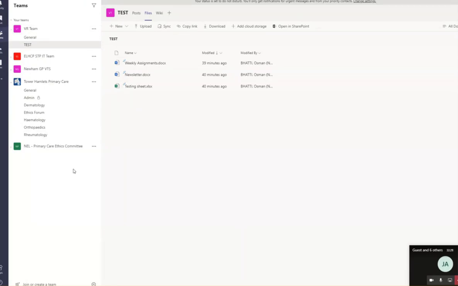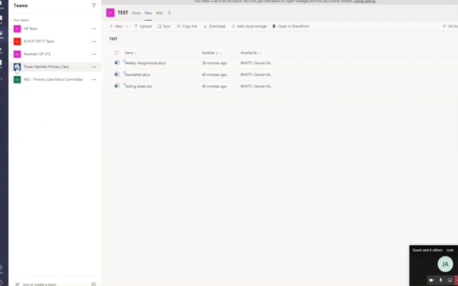So to create a team, this has become a little bit controversial because you can't create it yourself just yet, because the functionality isn't there on the current platform, or it will be there in a couple of months or so. If you want to have a team created, and a team would be any one of these headlines, or if you want to create one for your own practice, I know some practices have just created a team for themselves, you do that through contacting IT support, and that's probably the best way that I would advocate,